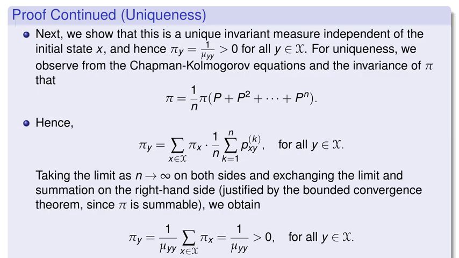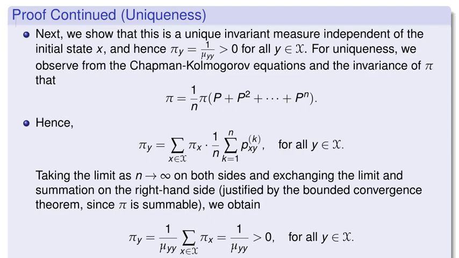Hence, for each component y, pi sub y equals the sum over x in script X of pi sub x times 1 over n times the sum from k equals 1 to n of p sub xy superscript k,